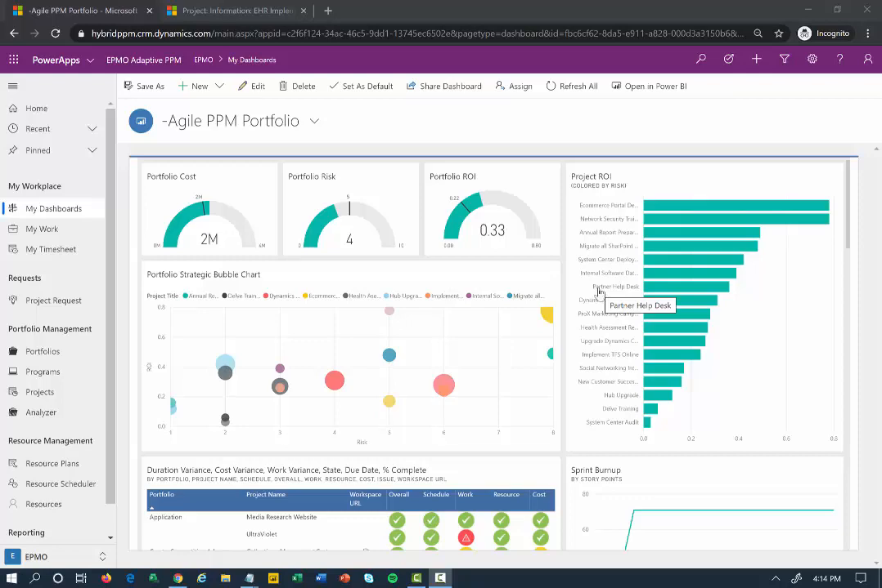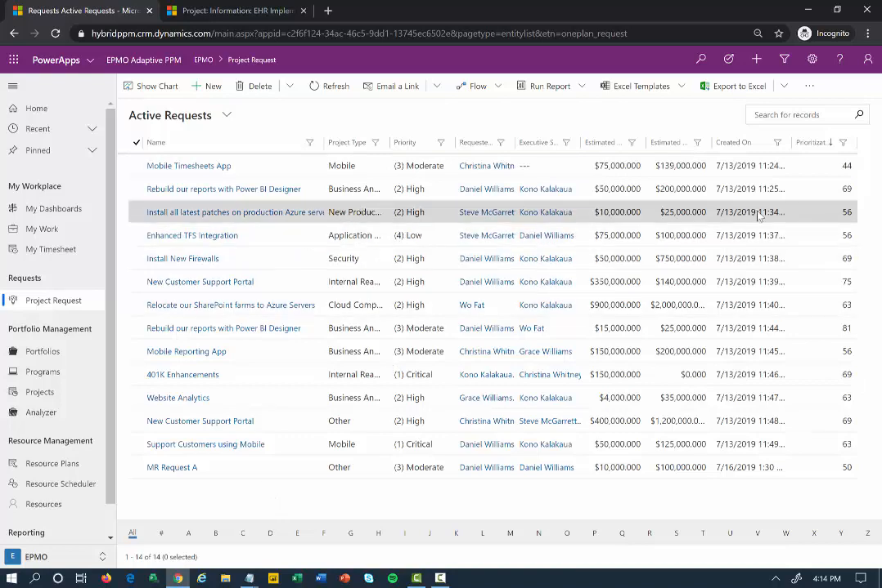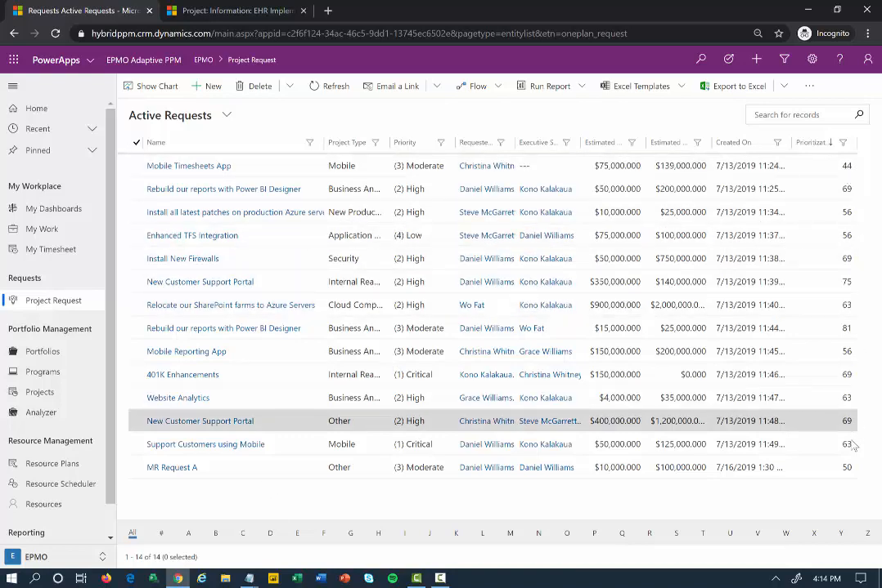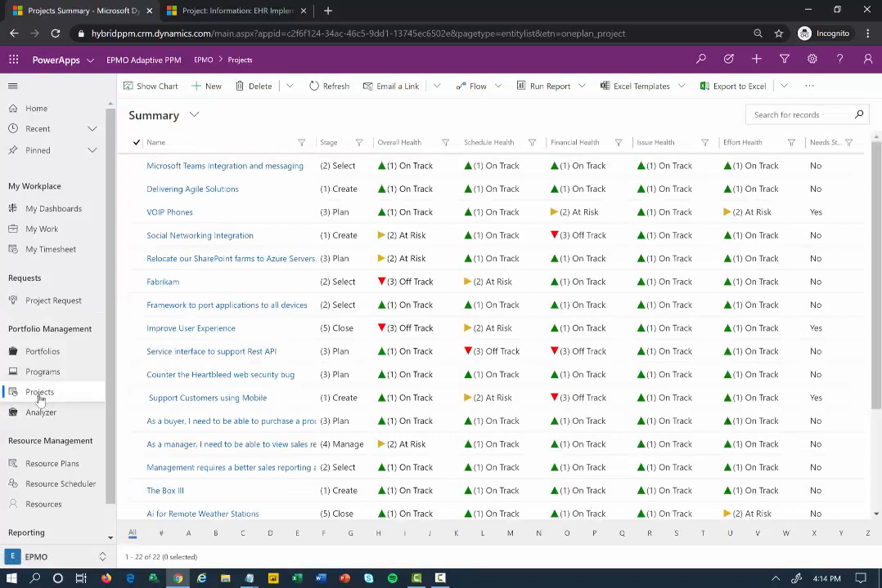Hello everyone! Today we're going to learn how to use OnePlan to extend Microsoft PPM for Power Apps. I'm logged in here into Power Apps, and the very first thing that I'll do is create a new project request. I can capture all the basic information needed, as well as start to generate a prioritization score, and when I'm ready I can utilize Flow to convert this into an actual project where I can start to really build out